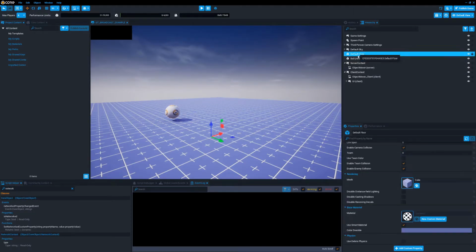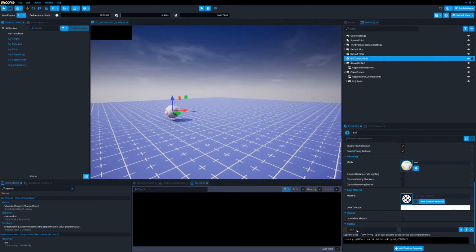Now, when we do this, the custom property will turn orange, and an orange custom property means that it's networked. So what that means is it allows us to change this information at runtime. To do that, what we need to do is take this set network custom property and put it into